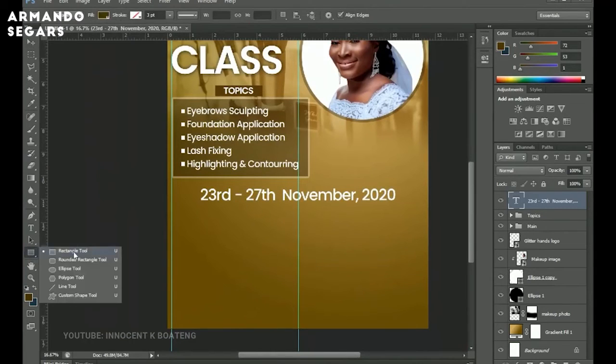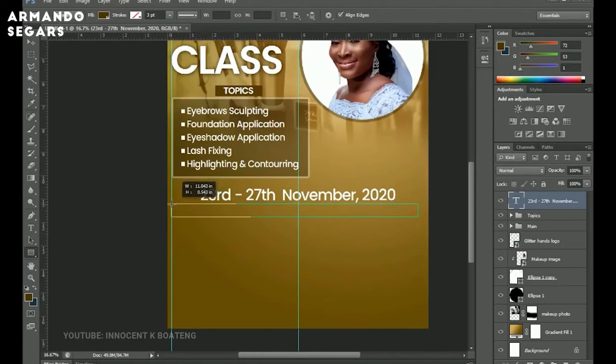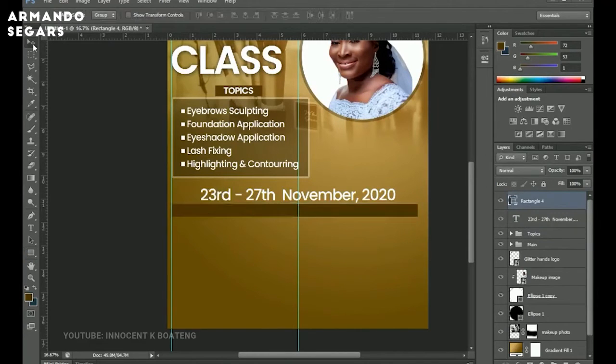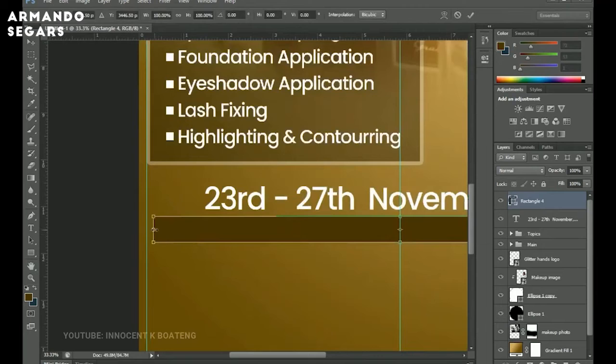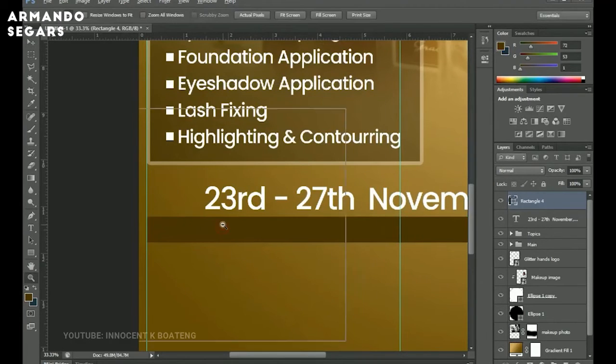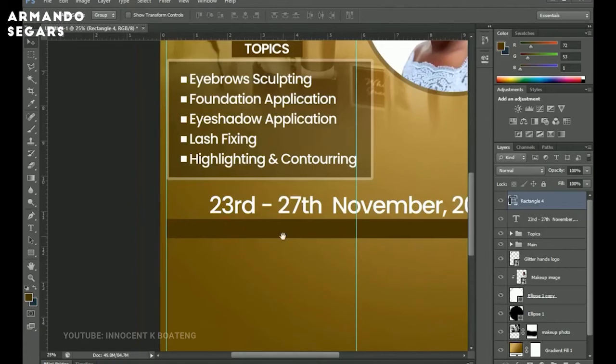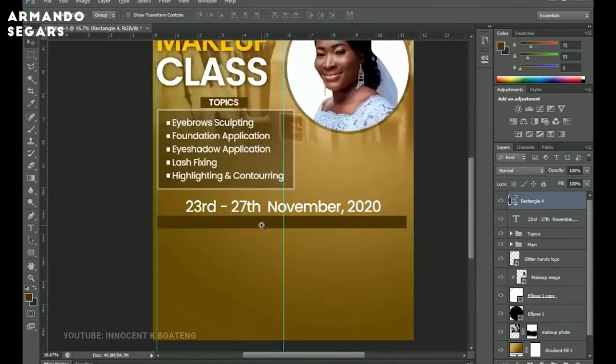And the next thing that I do is I'm going to add a time. So I'm going to create a rectangle over here, and I'm going to create this very small rectangle like that, and I'll make sure that I press Ctrl A and it's in the middle. So I make sure as well that I'll drag this because we want to keep it left aligned, don't forget. So I'll make sure that I drag this to be at this point,